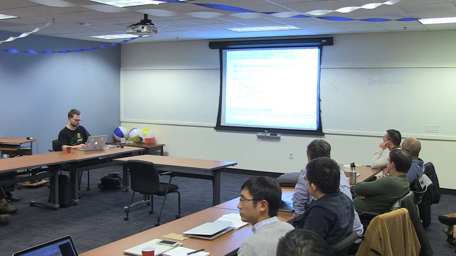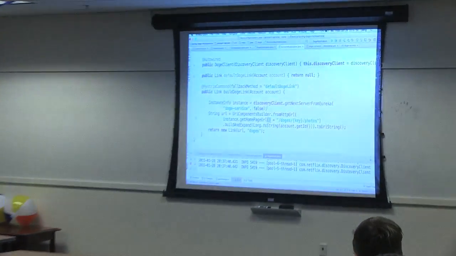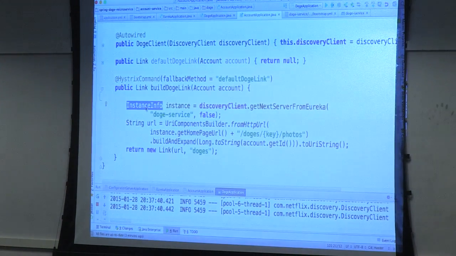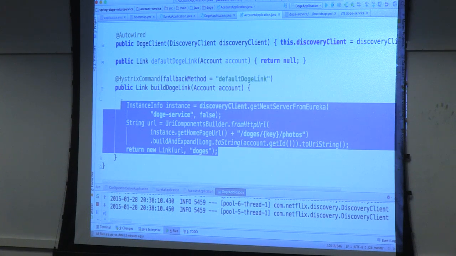Now, the other side of the coin is, what if something goes wrong here? What if there's no service available and I haven't done the right thing and I didn't check for a null here? I've got a service-to-service call, and despite my best efforts to write the right code, this might blow up in my face. I might get an exception. And if this gives me an exception, I have the risk of a cascade, right? I have a service boundary that's calling another service, and that boundary is a weak spot. Anytime you have a joint in a machine, that's a spot where the thing can break. I want to limit that error and prevent it from cascading out.